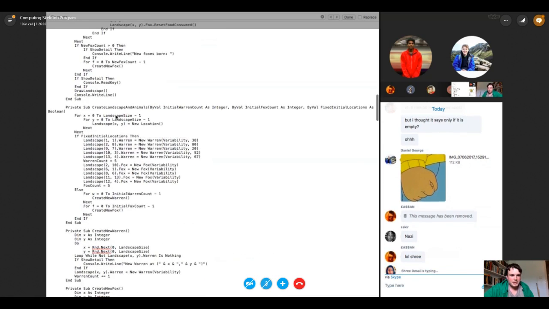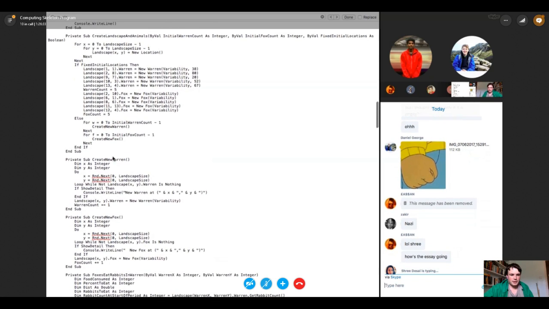So that was the subroutine create landscape and animals. So we created